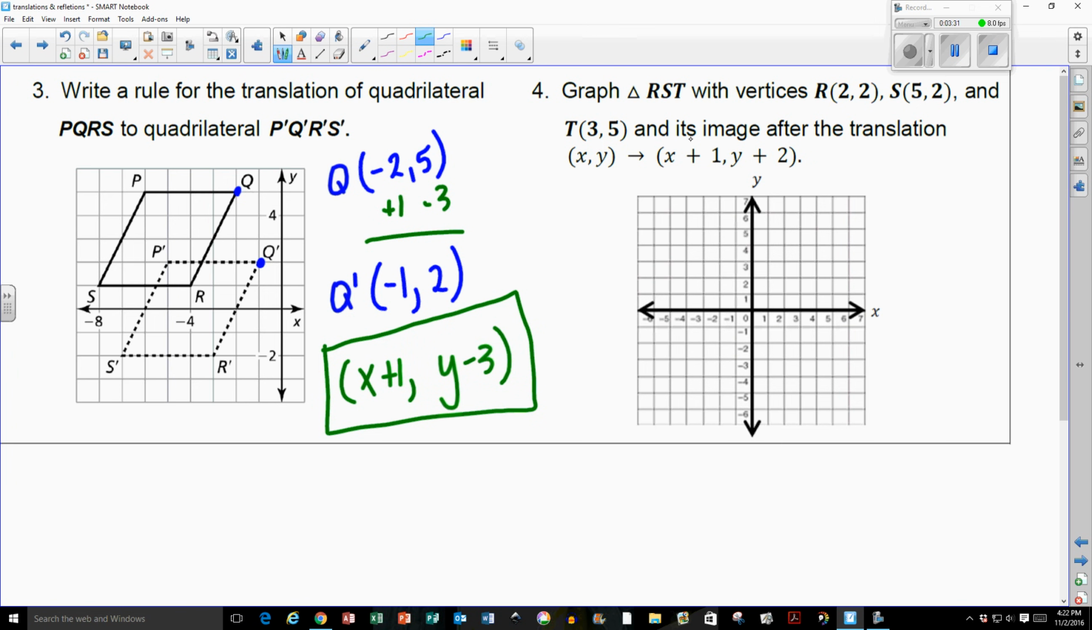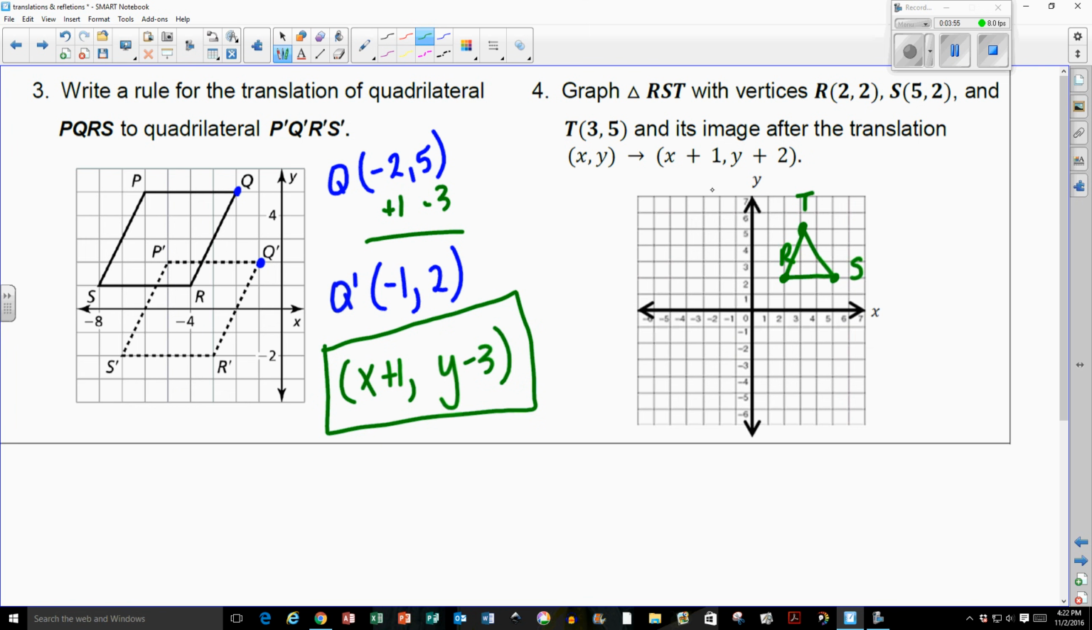All right. So we're going to graph these points. So 2, 2 would be here. So here's R. 5, 2. So here's S. And 3, 5 is here. So that is my T. So I have this triangle. And they want me to